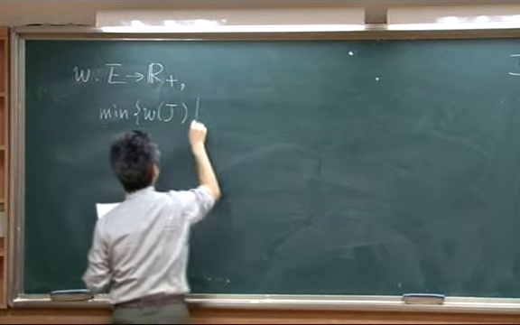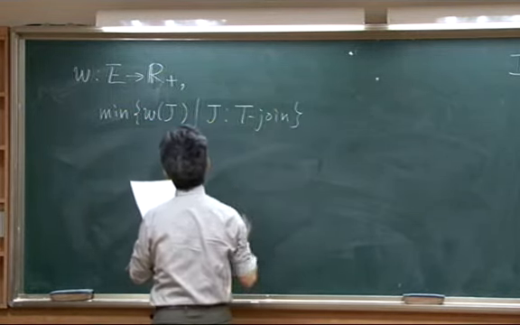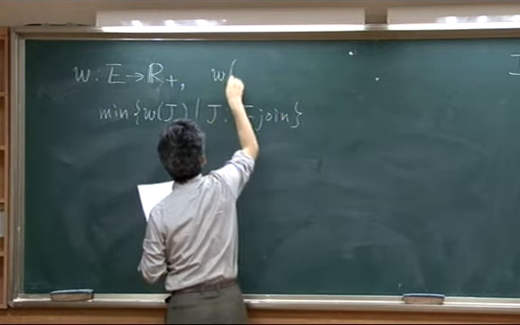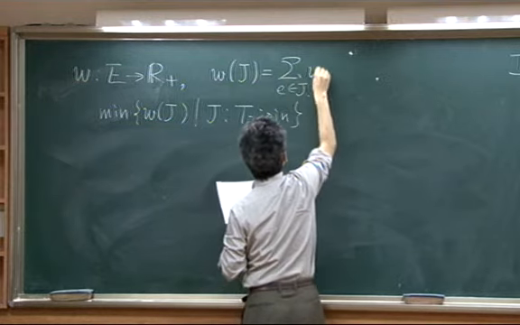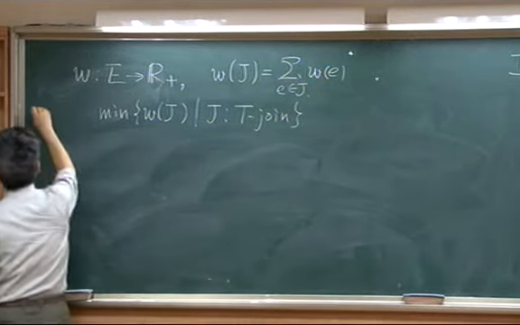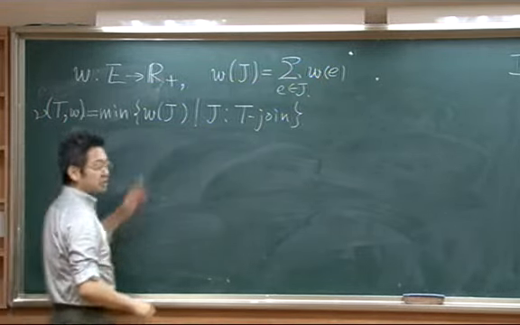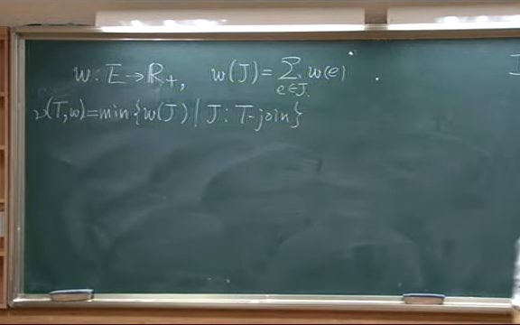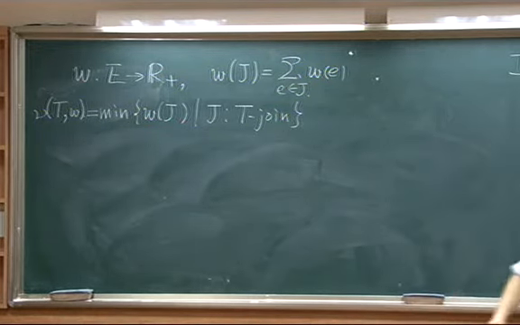W of J, where J is a T-join. Here I write W of J to be the sum of the weights of all edges in J. I will just use the notation nu_T(W) to express this. Now, to find such a minimum weight T-join, I said Edmonds and Johnson